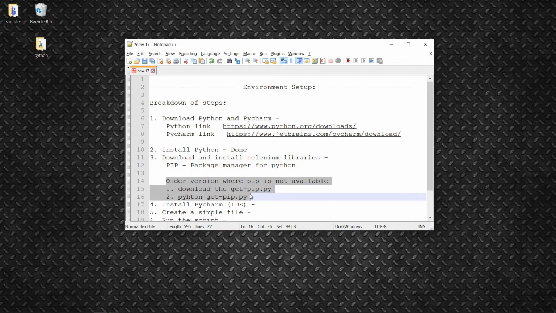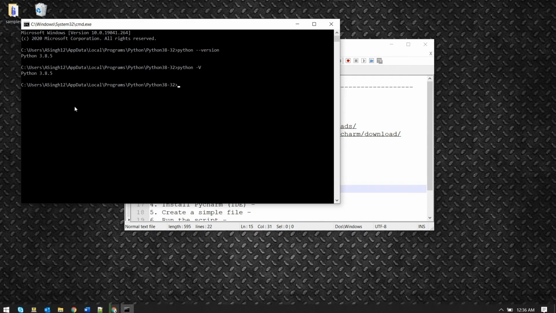This has been included with the installation binary from 3.4 onwards, so it comes by default. Now since pip is already installed, let's check if it's working. Why I'm saying it's working, I'll tell you in a moment. So let's try and check if it is working or not.